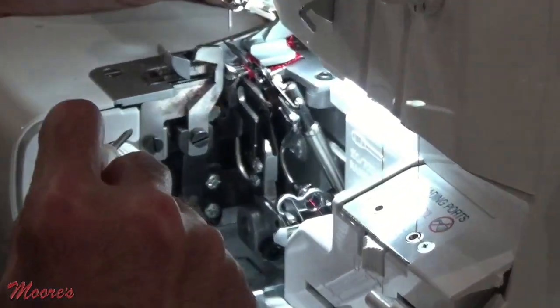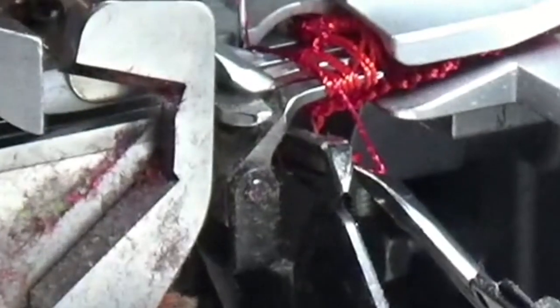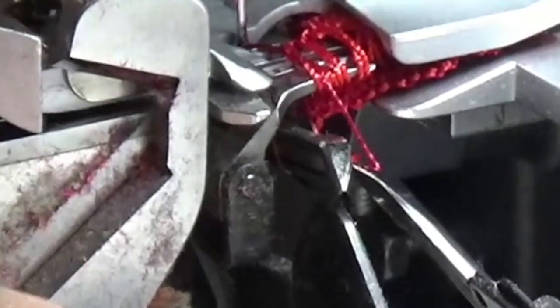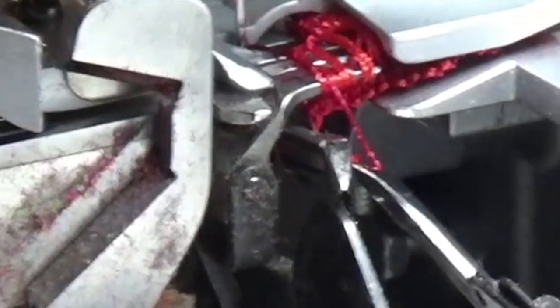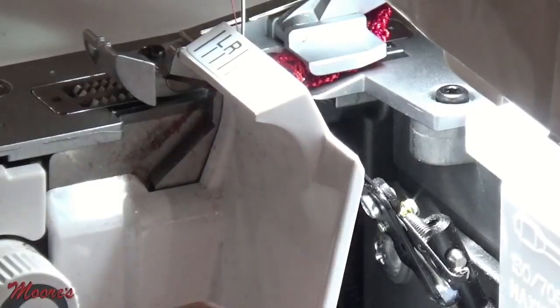Right here, okay? So it has a stitch finger that is separate. It actually is adjusting the width of the stitch separately from the cutting blade. And that's what's unique about this, because what's going to happen when I do serger crochet, I'm actually going to